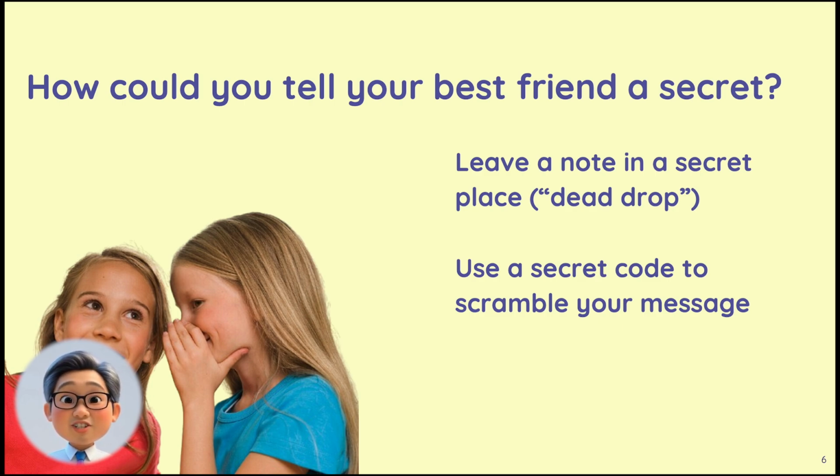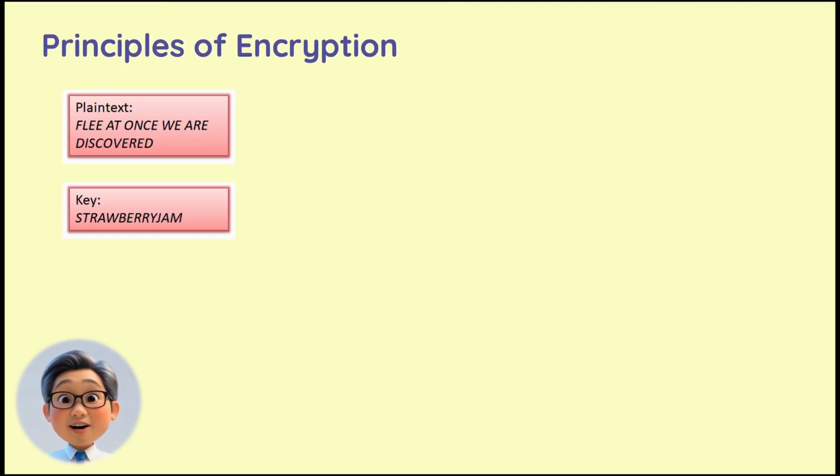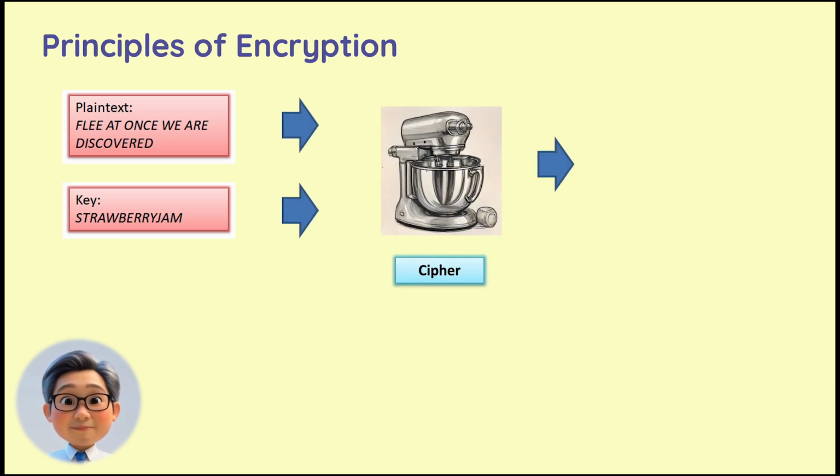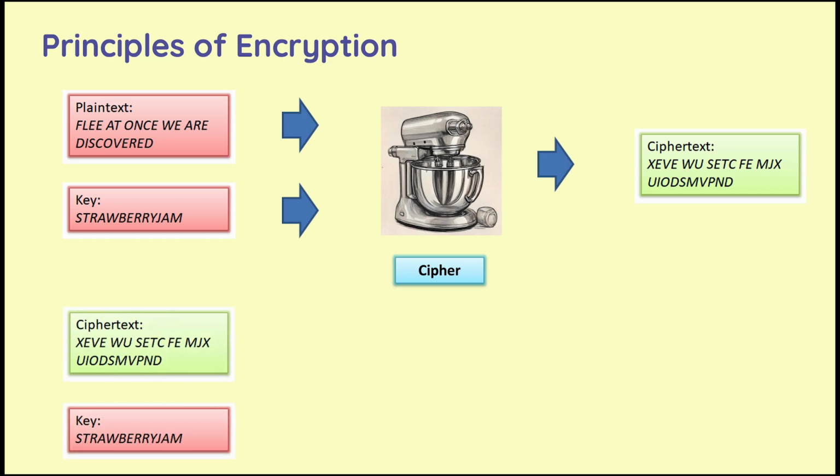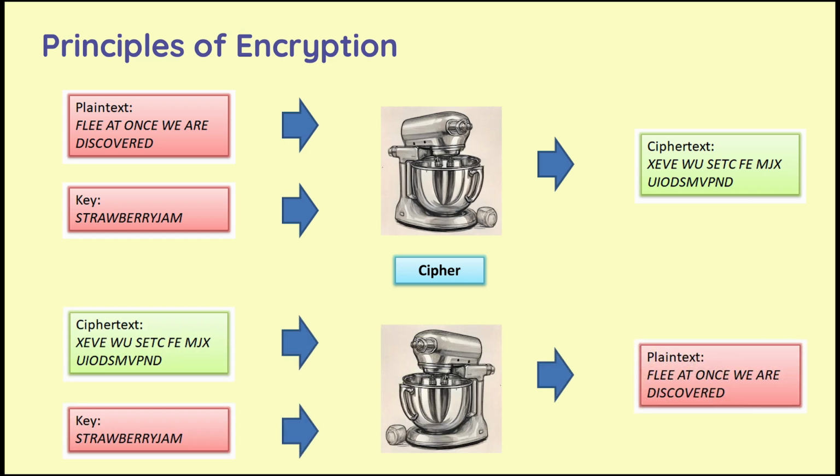This leads us to the fundamental principles of encryption. We start with our original readable message, which we call plain text. In this example, it's "Flee at once we are discovered." We then use a cipher, which is the method or algorithm, and a secret key, here strawberry jam, to transform it into an unreadable message called ciphertext. To get the original message back, the recipient uses the same key to decrypt the ciphertext, turning it back into